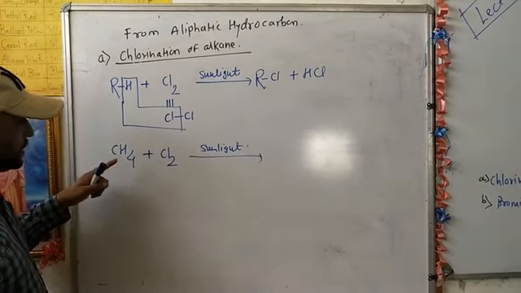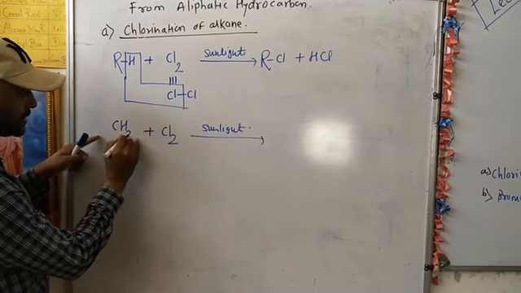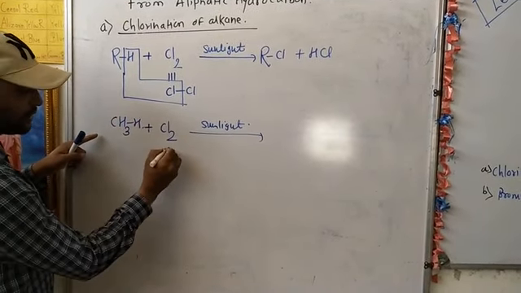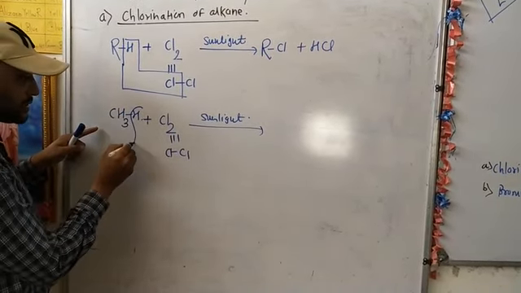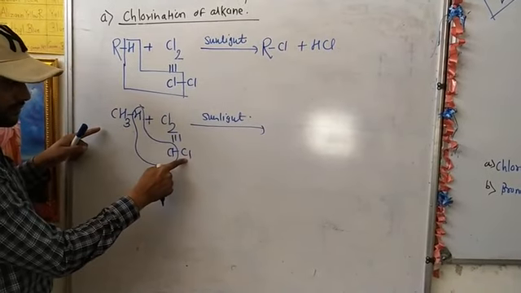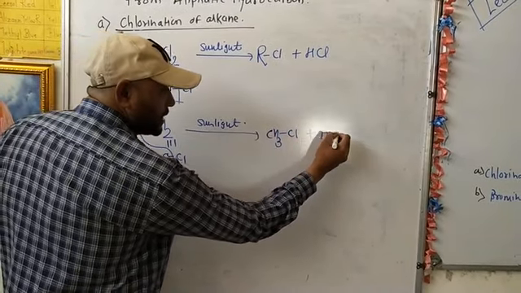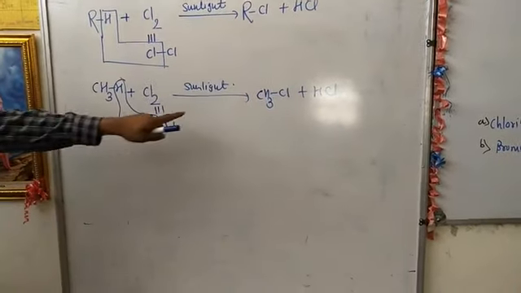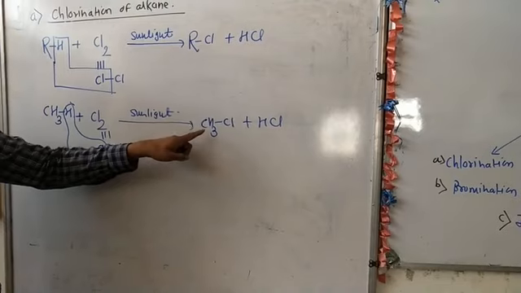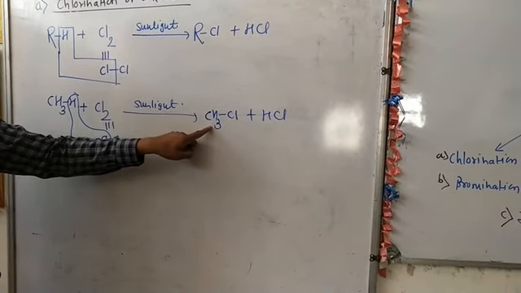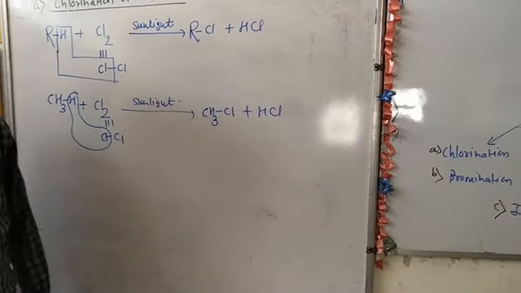So first replace the hydrogen from methane, written like this CH3H, and chlorine Cl single bond Cl. So H is substituted by the chlorine. So we have the product CH3Cl plus HCl. The product obtained is methyl chloride. The reaction can never be stopped at this stage, that is the methyl chloride stage. It continues till the hydrogens of this methyl chloride are replaced.